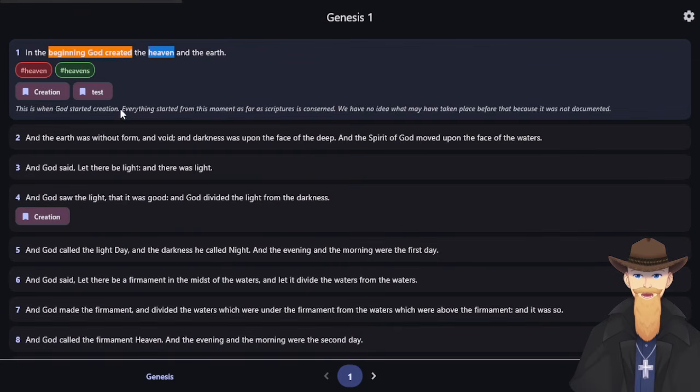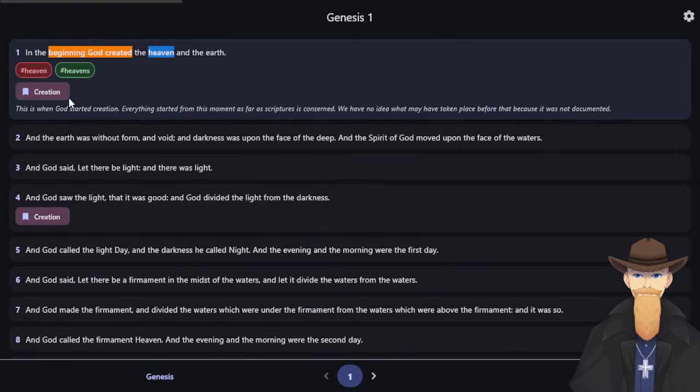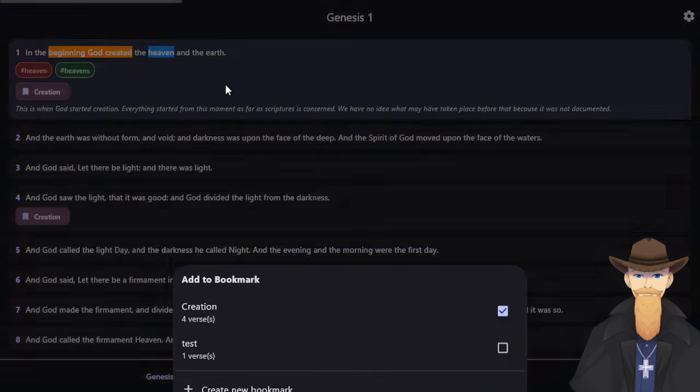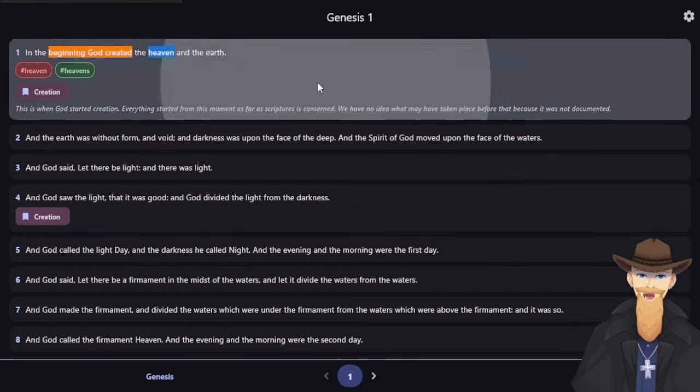Or say I don't want Genesis 1:1 to be in the test anymore. So long press it, click that, boom, test. It's no longer bookmarked there. So that's kind of it. Now I think everything else,